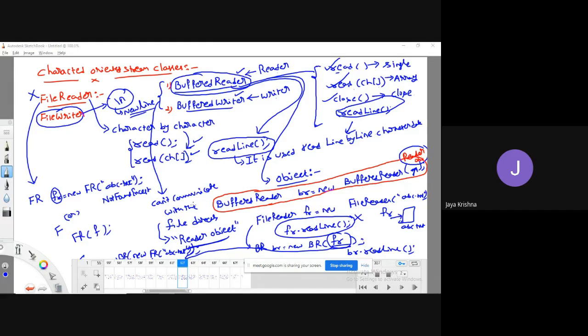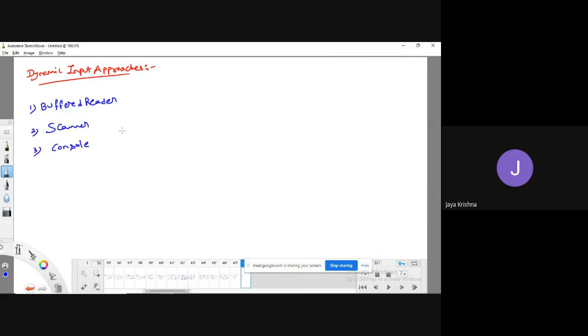Similarly, here also I will use the BufferedReader. How are we going to create a BufferedReader object? By simply BufferedReader br equal to new BufferedReader of, and I need to pass a Reader object. You can pass any kind of Reader object here. So for example, if I am passing InputStreamReader,